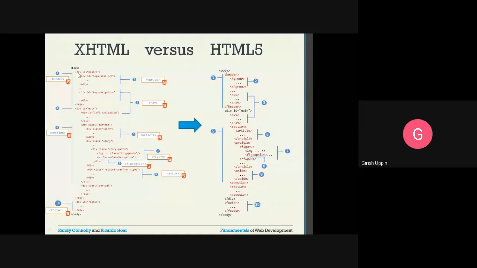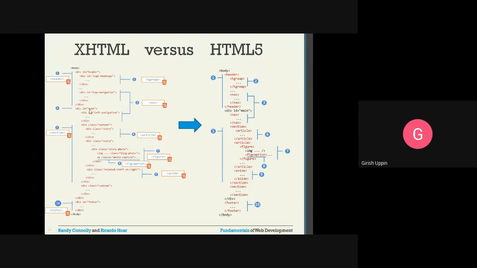So you have a division here that says it is a header. Inside that you have another division, ID equal to logo headings, because you want to include a logo. Then you have another division, ID equal to top navigation. For the top navigation, you have included all the HTML elements here.